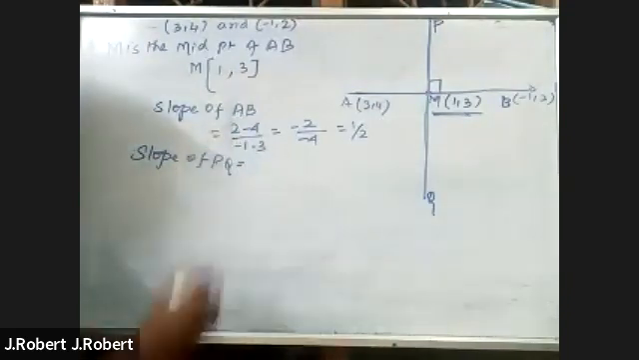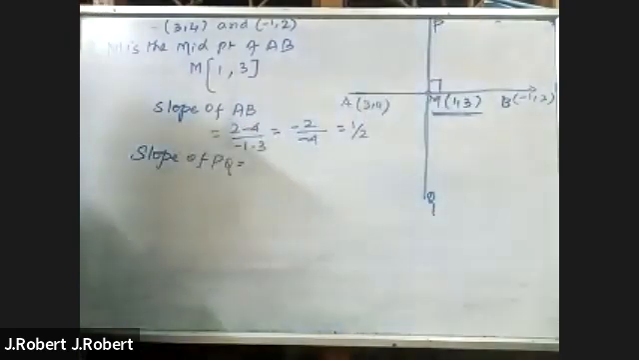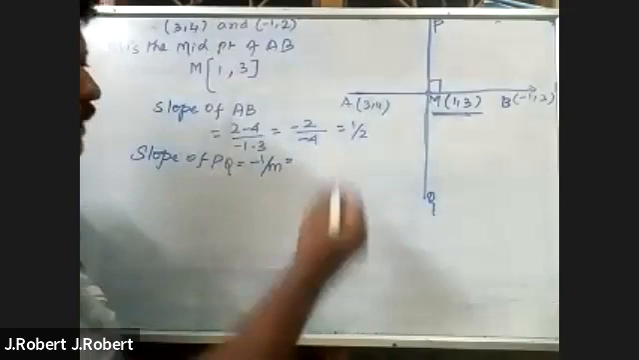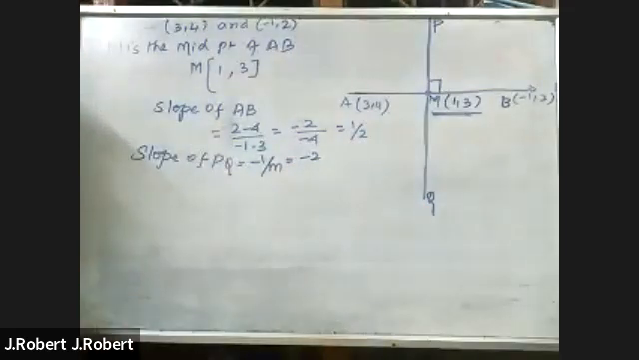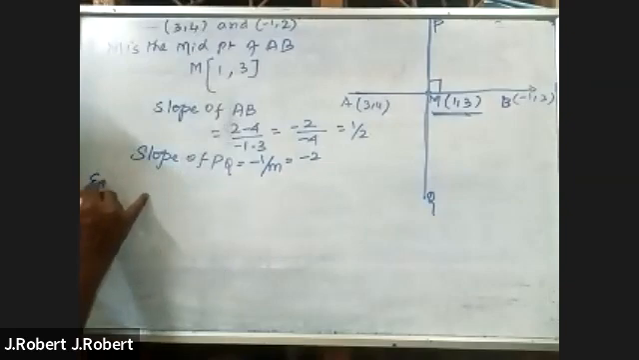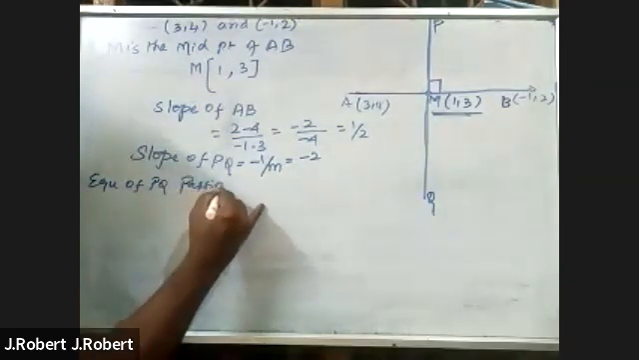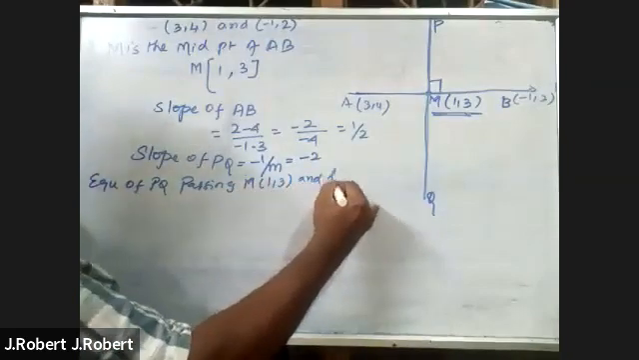For that, I am going to find the equation of the straight line. Since these two are perpendicular, the slope of PQ is nothing but minus 1 by M, so minus 1 by 1 by 2, which equals minus 2. Now the slope of PQ is known, minus 2, and the point it passes through is 1,3. Therefore, the equation of PQ passes through the midpoint M, which is 1,3, and has a slope